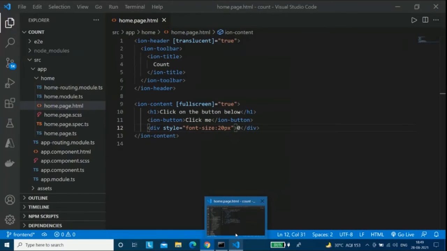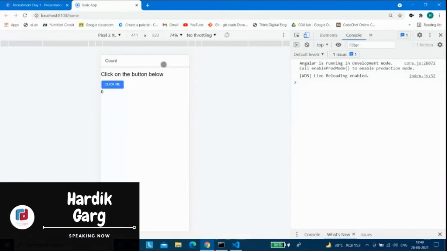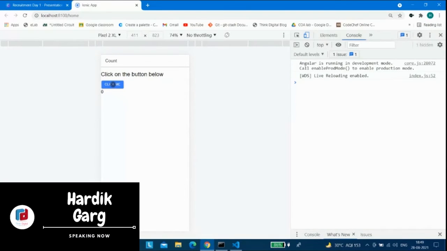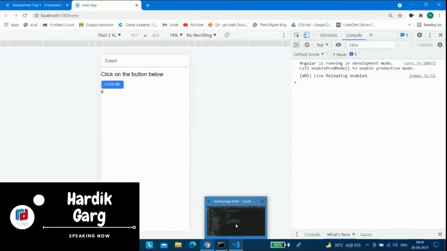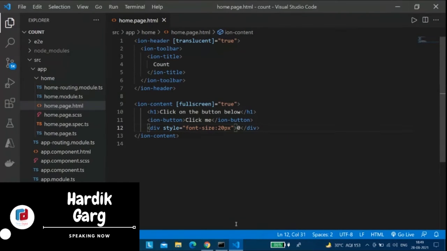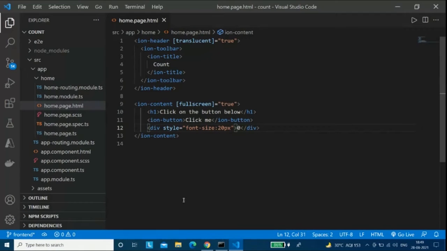And one more thing, we have made this button and we click it, but there is no change we can see. So how useful is this button then? There's no use till now. What I'm going to do next is add a function to this button. So I'll say this button to be click. This is just an attribute, just a small syntax. You don't have to worry about it. And I'll give the name of the function which it is going to call as soon as it clicks this button. Right. So everyone followed that? I hope yes.